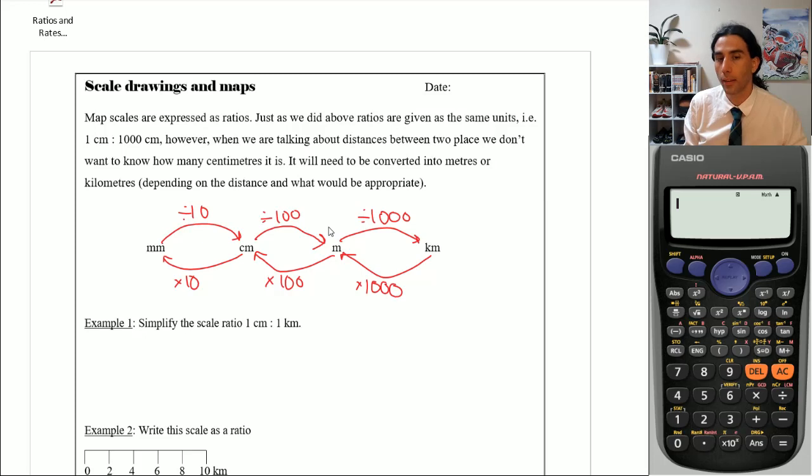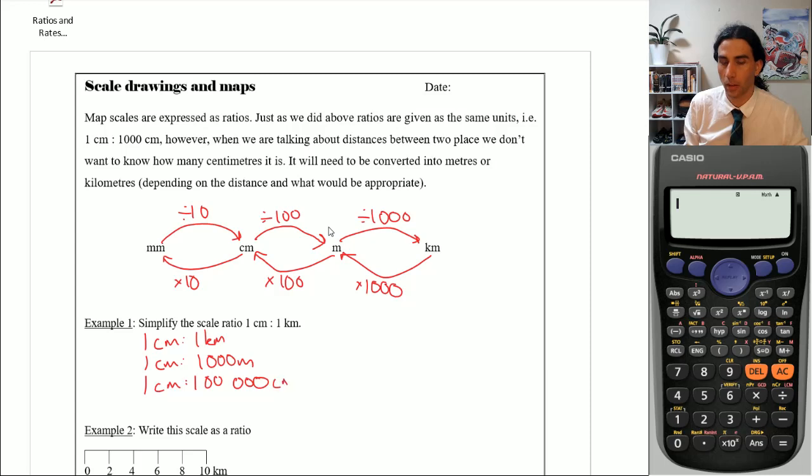So we've got 1 centimeter to 1 kilometer. They're not in the same unit, so we're going to put them in the same units. So 1 centimeter to 1 kilometer. 1 kilometer is how many meters? 1,000 meters. Still not in the same units. How do you get from meters to centimeters? Times by 100. So 1 centimeter becomes